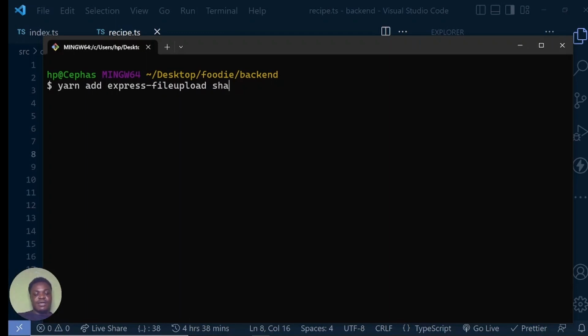Then we're going to install sharp. We're going to use sharp to optimize the image, resize the image, and do whatever I want to do. But in our case, we're just going to resize the image and also change the image extension. We also need to install Cloudinary, because in this application, we're going to store our images in Cloudinary,